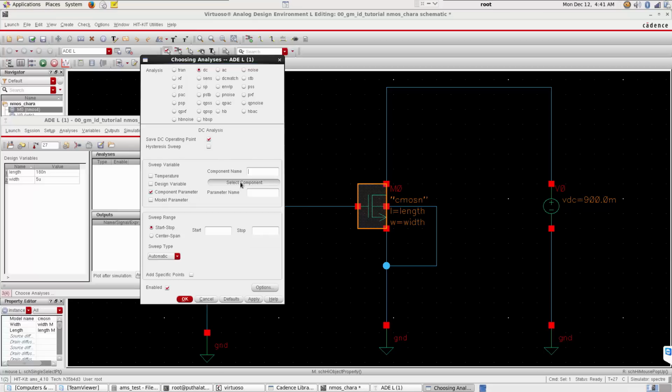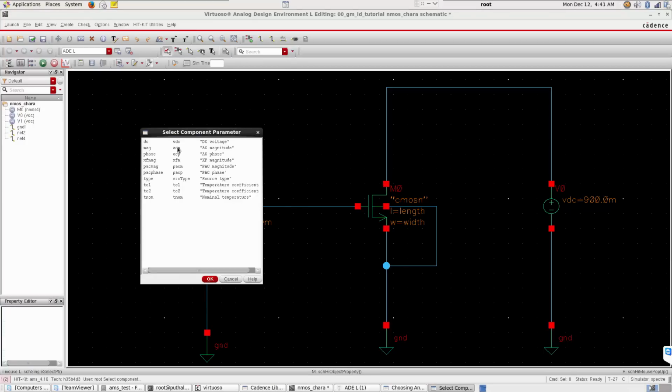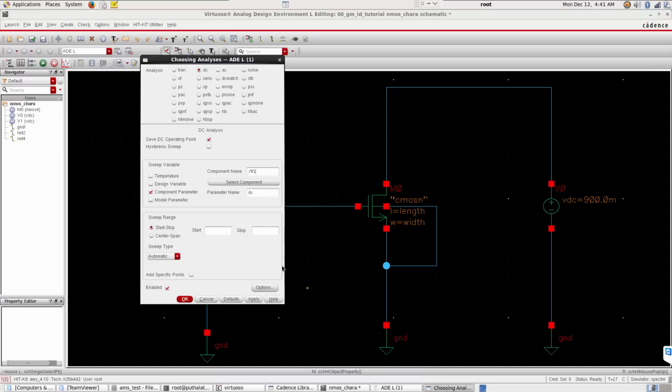So I am selecting the component, this DC voltage, as the sweeping variable, and I want to sweep this from 0.2 volt to 1 volt,